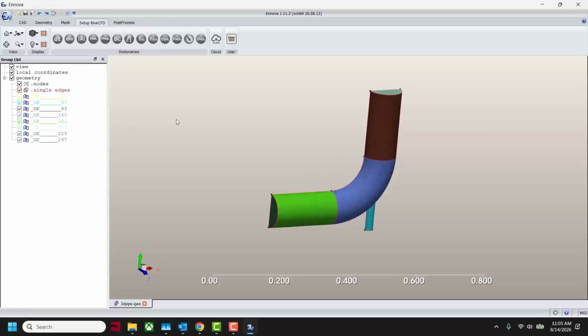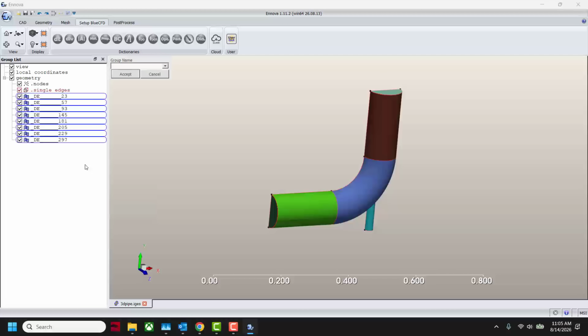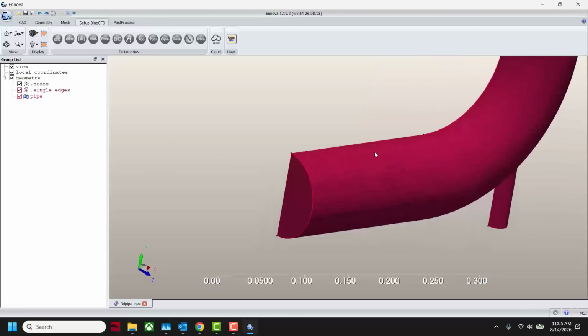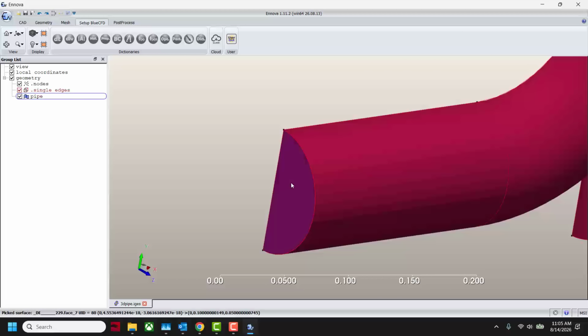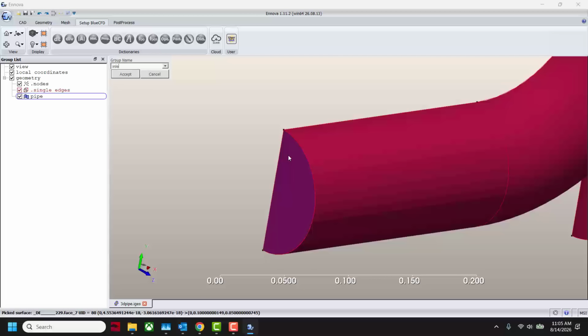So first of all, what I'm going to do is take all these surface groups that came in from the IGES and move them to a group, and I'll call them pipe. Now we have everything here called pipe, and as this is a CFD analysis, I'm going to set up some boundary conditions. So I can move that group to inlet,